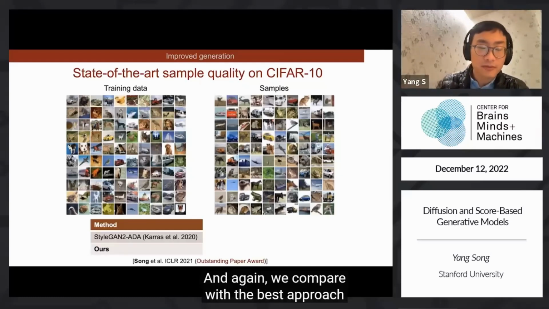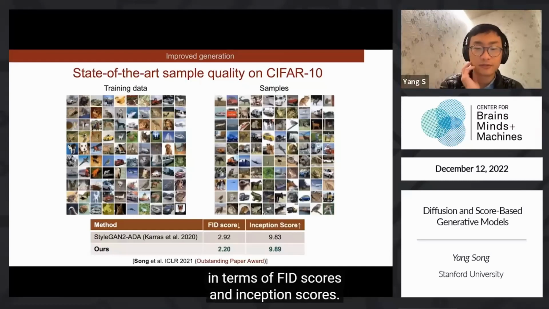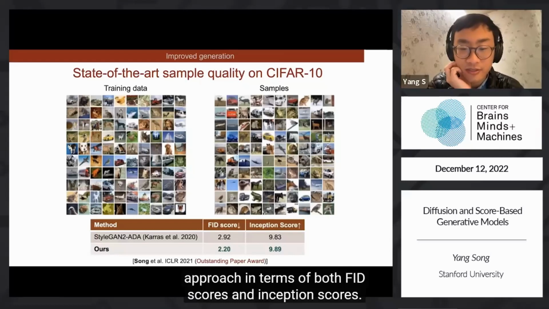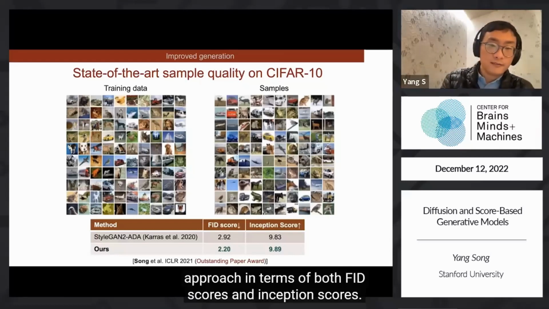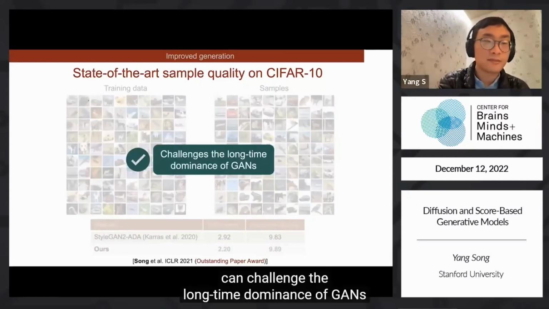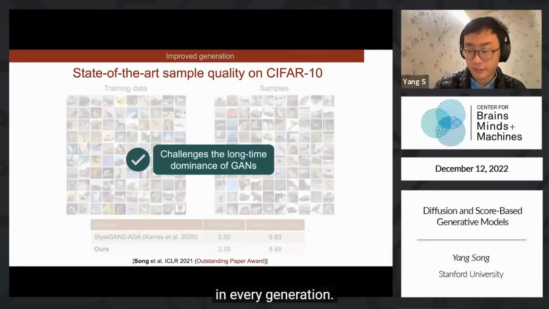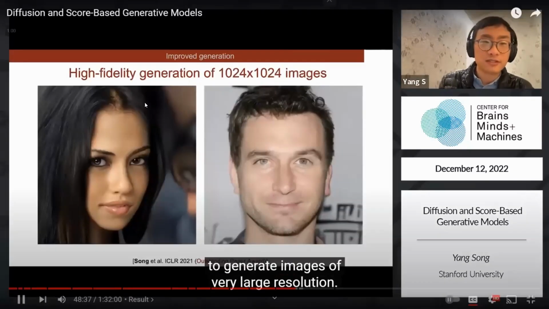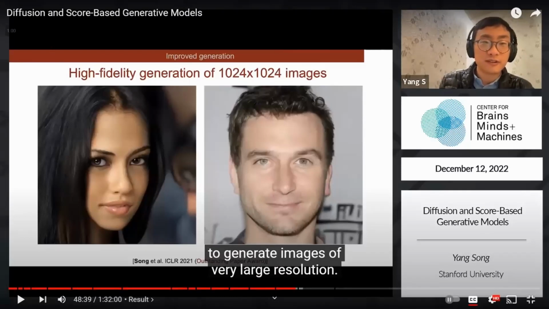Again, we compare with the best GAN approach in terms of FID scores and inception scores. Now we are able to outperform the best GAN approach in terms of both FID scores and inception scores. This means score-based models can challenge the long-time dominance of GANs in image generation. The same approach can be extended to generate images of